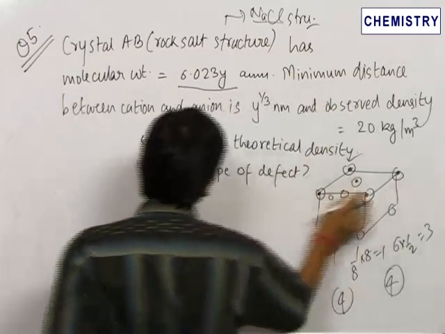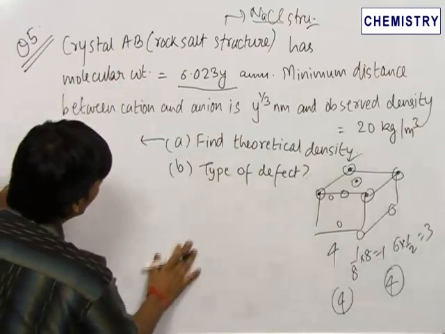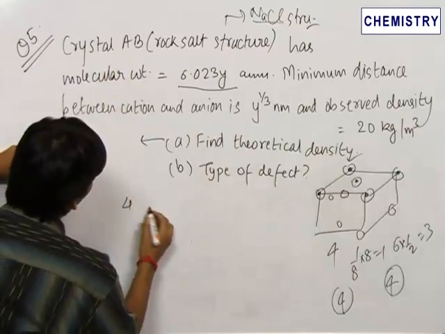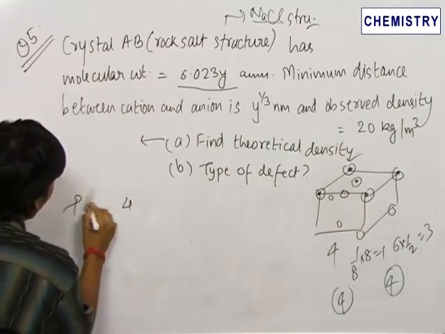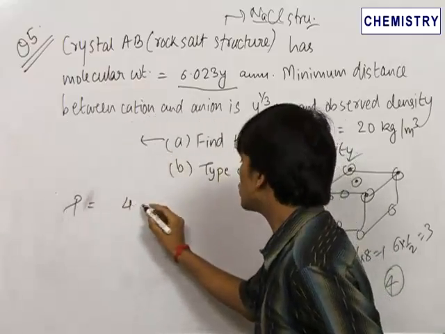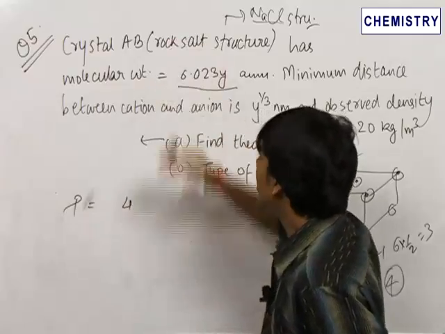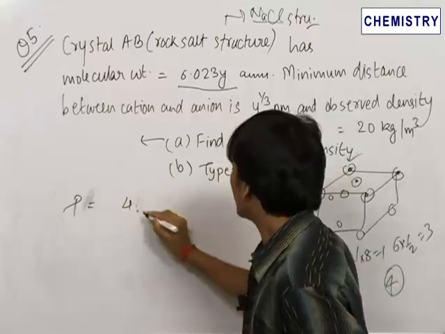The Na plus ions are present in the octahedral void. Similar will be the case for AB. Therefore, we have a total of 4 molecules of AB per unit cell. Therefore, we can find out the density as per unit cell. In one unit cell there are 4 molecules of AB. Therefore, the total mass of AB in one unit cell will be equal to 4 into the molecular weight